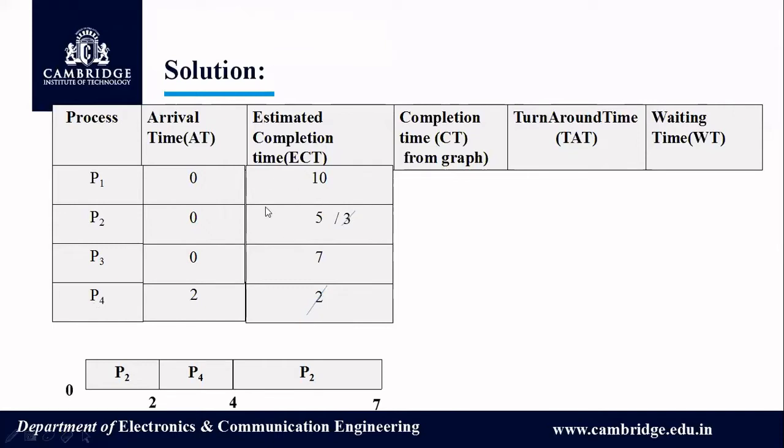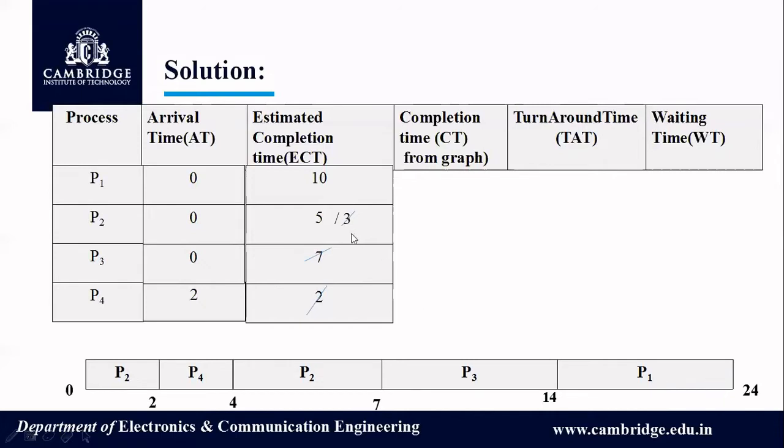Now you are left with P1 and P3, out of which 7 is least. So P3 is chosen and it would be executed for 7 milliseconds. So it would go up till 14. So P3 also can now be removed from the queue. And lastly, you have P1. So P1 is chosen. It would get executed for 10 milliseconds. So 14 plus 10, 24 milliseconds. P1 is also now completely executed. So this would be the order in which the processes are chosen and given to the CPU for execution. Right? Hope this is clear.